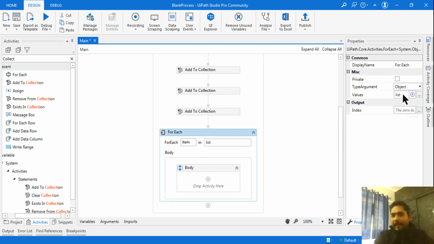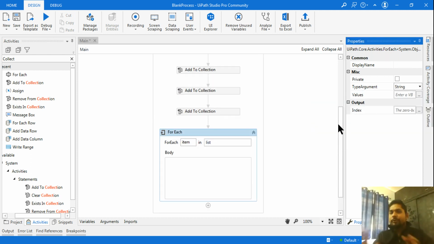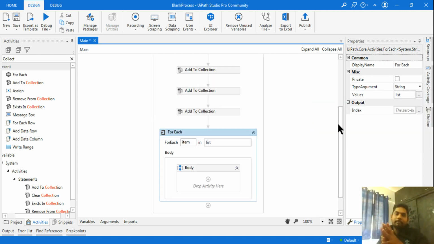Okay, now here on the right hand side, inside the list, you have what kind of a data? You are dealing with string kind of a data, so you have to always go for string. Many people make this mistake because they think list is a kind of a system.collection.generic.list kind of a data, so they will go ahead and select the list. Now if you do that, it will throw an invalid cast exception error. Remember my point. So it will throw you an error called invalid cast exception,